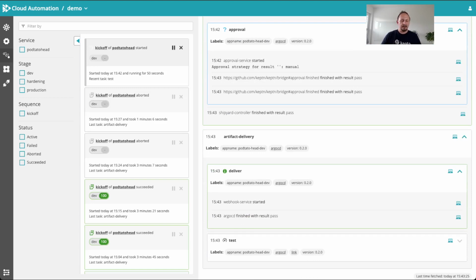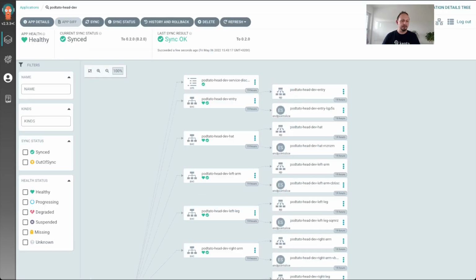And now there are some tests running and evaluations will be triggered. In the meanwhile, I can show you a few nice things about this integration. So in Keptn, you can click on this ArgoCD button and you will get directly to this ArgoCD